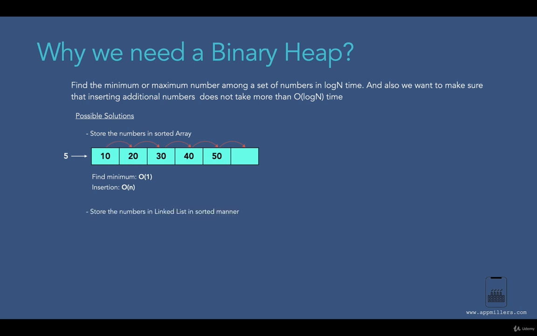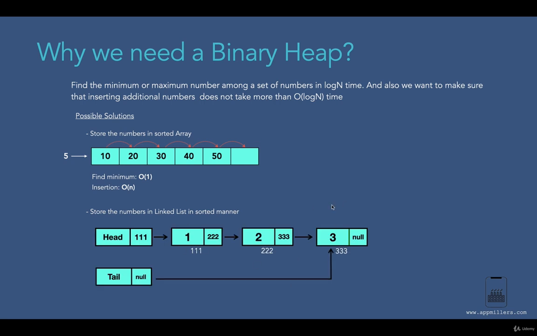Now let's look at the second solution. In the second solution, we can store numbers in a linked list in a sorted manner. So let's say we have a linked list like this, and we can easily find the minimum number from here in O(1) time complexity. But in this case also, whenever we are inserting an element to this linked list over here, we need to find a specific location. So for example, if we want to insert 4 over here, we are going to insert at the end of this linked list. So this means that we have to traverse from the first element until we reach the last element, and we are adding it after the last element. So in the worst case, it will take O(n) time complexity. So this is not the solution for our problem over here.